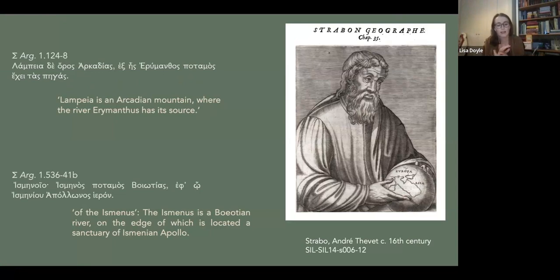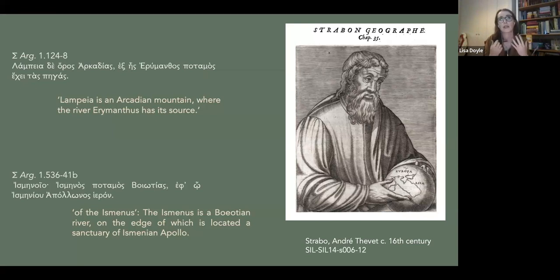But what I'm going to look at next is that rivers specifically can be understood in terms of a catalogue, in terms of how the information on rivers is presented in the poem. Generally speaking, rivers are more prominent. If we take the word for mountain, oros, and potamos, river, potamos appears, I think, nearly twice as much as oros in the Scholia. Although Apollonius doesn't seem to lean one way or the other throughout the poem, the Scholia, I'm going to argue, contain a lot of information on rivers that probably comes from an educational context.